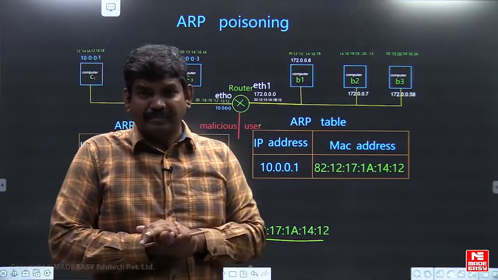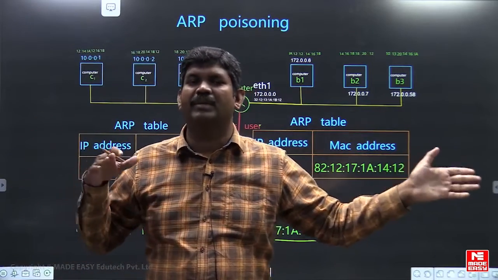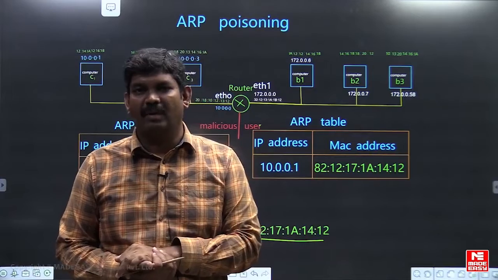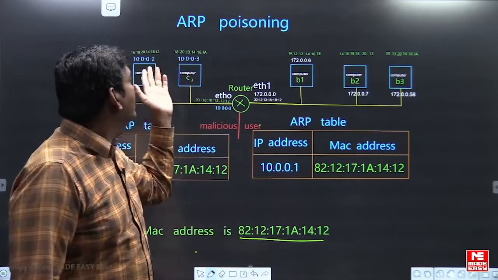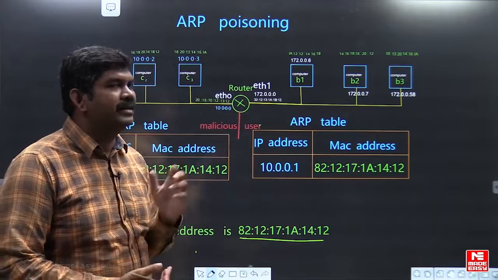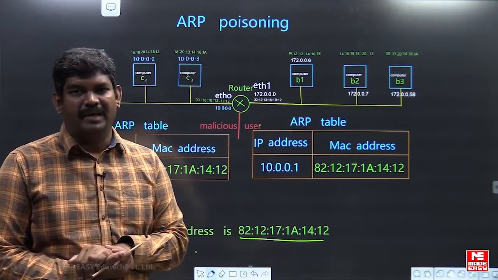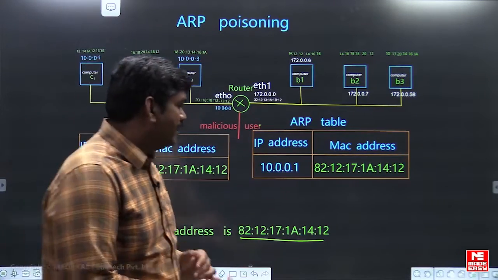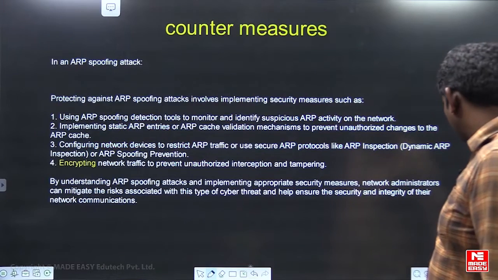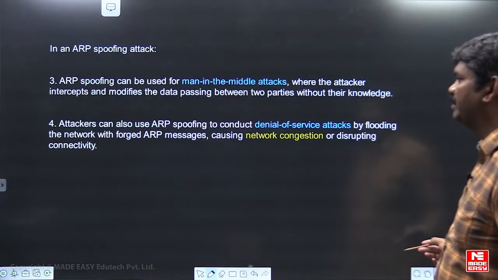Or we can say that end to end, source IP and destination IP remain the same, but the MAC is changing at every hop. So such an attack you can call an ARP poisoning attack, or you can also call this a man in the middle attack. Okay, now based on this understanding,